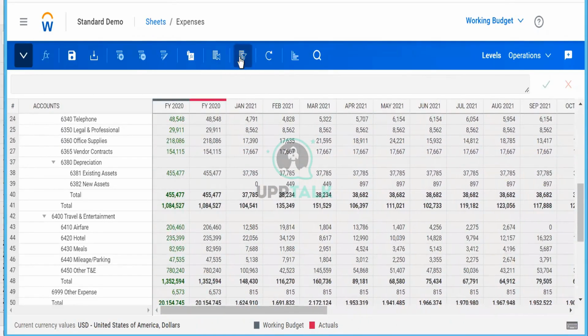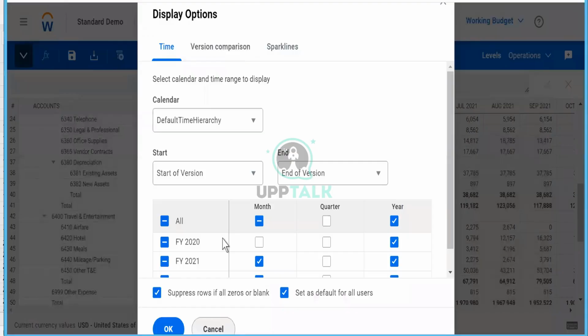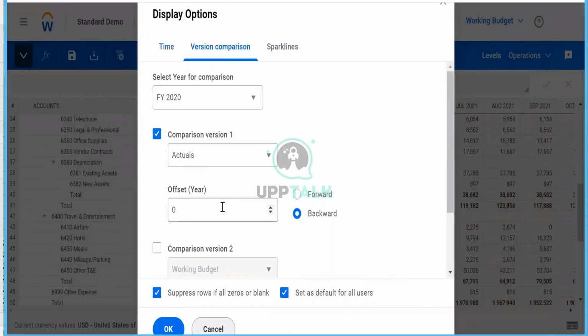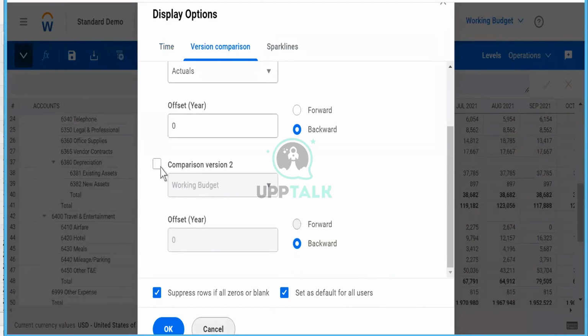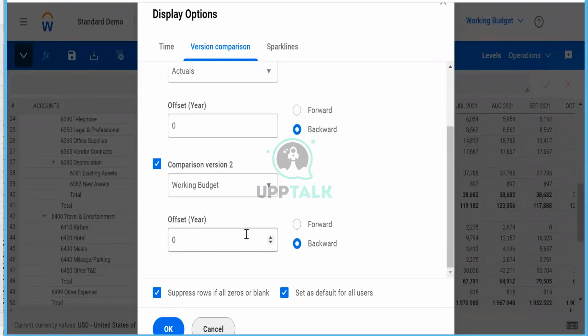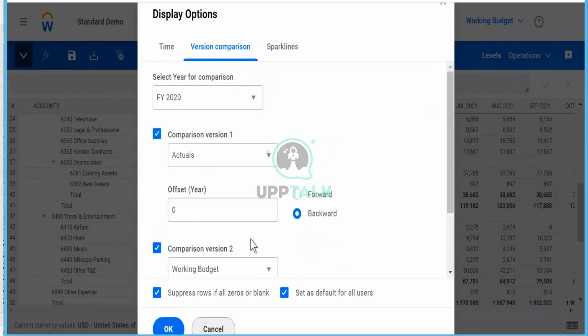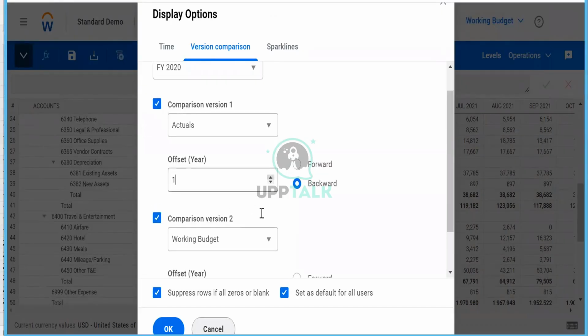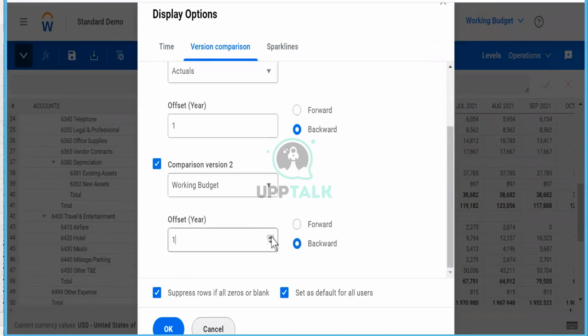Let's change it again in version comparison, working budget. Let's do this one. Select your 21. You can see now you have working budget.